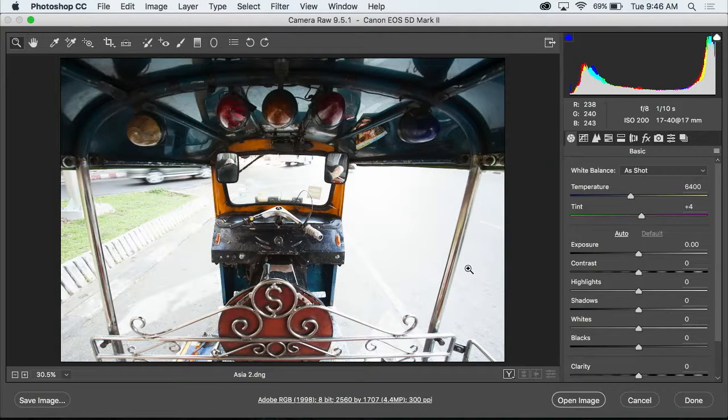Then with this image, I want to share with you a little trick, kind of a mindset trick, you could say. When I look at this image, I think the bright areas should either become so bright that they turn white, so I ignore them, or I want them to be dark like my eyes would have seen. You know, my eyes wouldn't see that. My eyes wouldn't see something almost have no detail in it like that. But my camera does. So in this case, I want to bring the highlight slider down, but when I do,